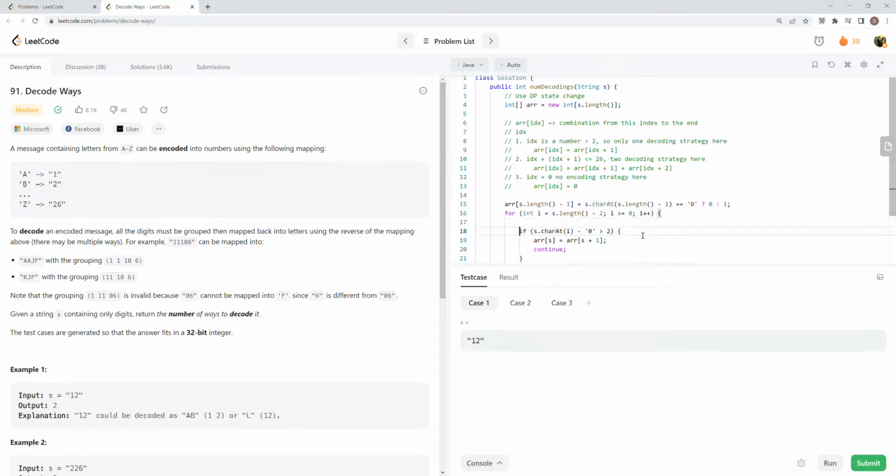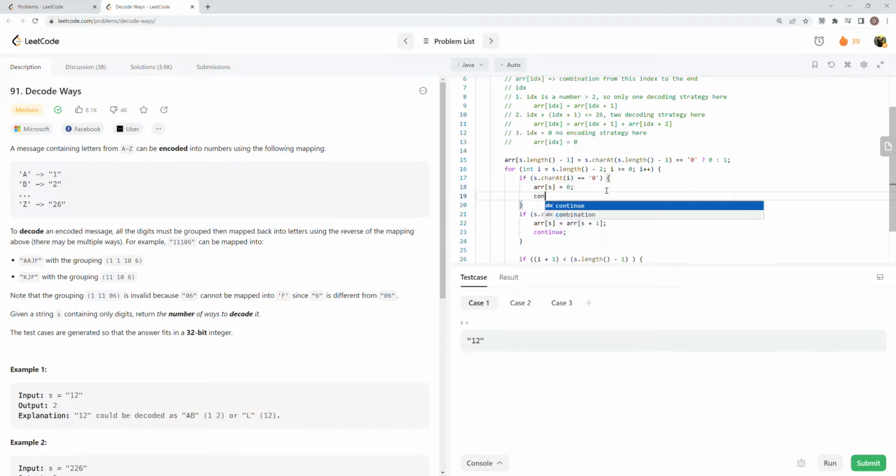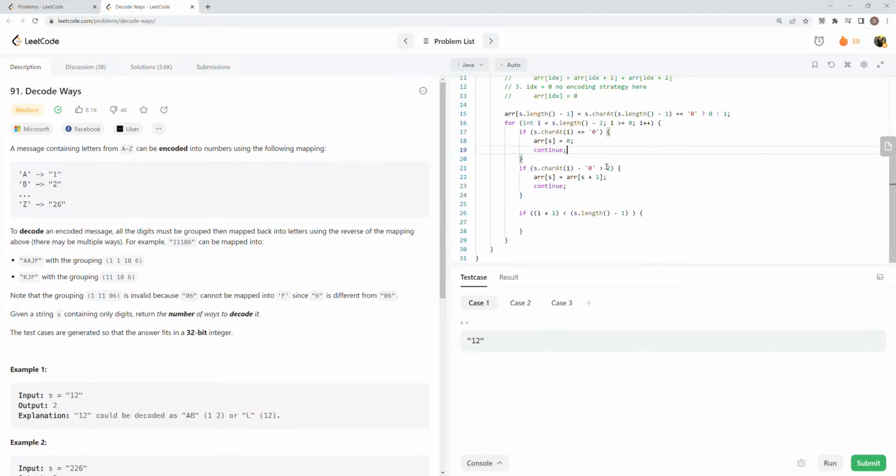to the nested loop. And another case is that suppose if char at I is somehow equal to 0, then the third case, which is one of each case, we need to consider. If this happens, then we assign it to be 0, and also continue. We have these 2 base cases, and then this case. If this is true, and